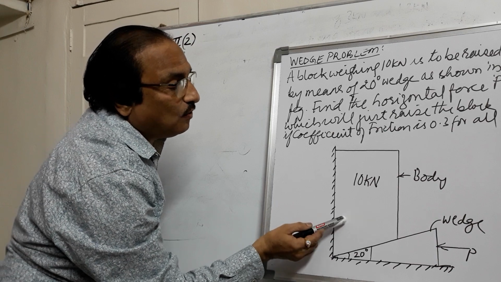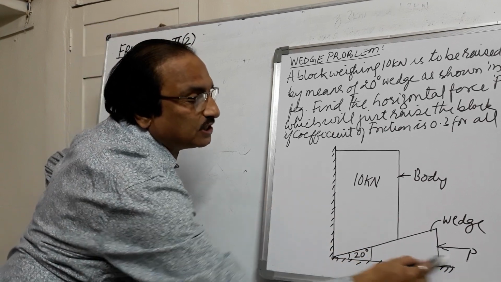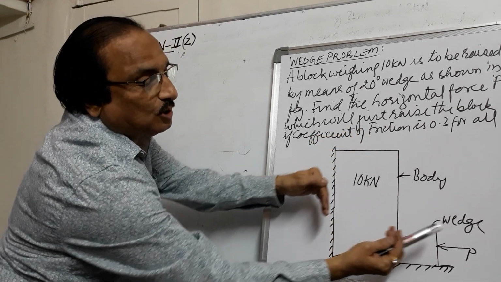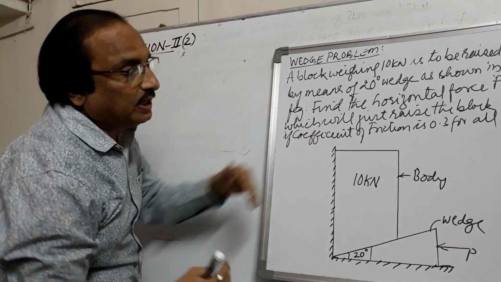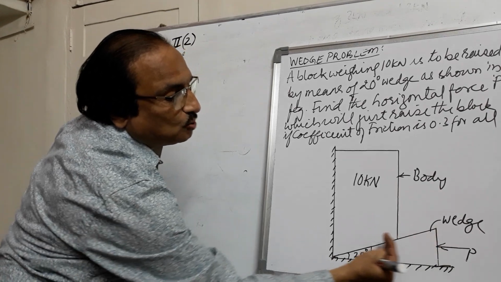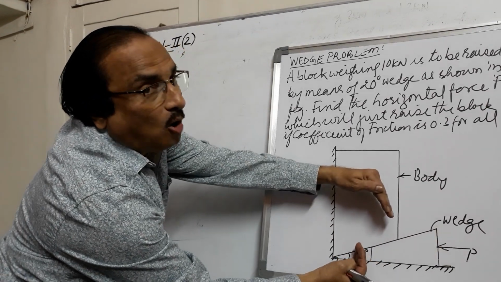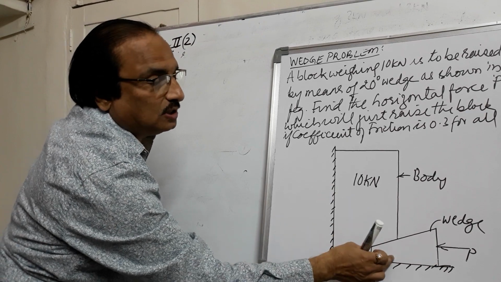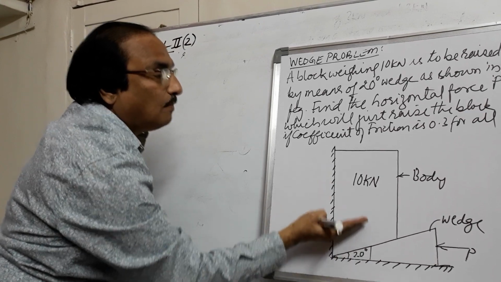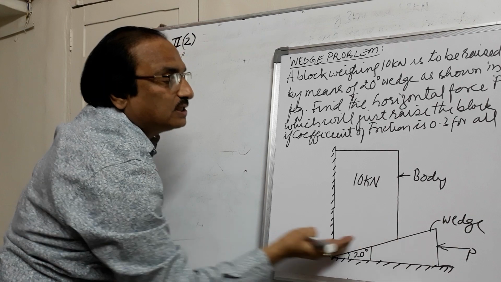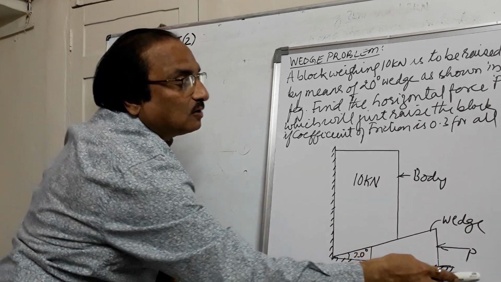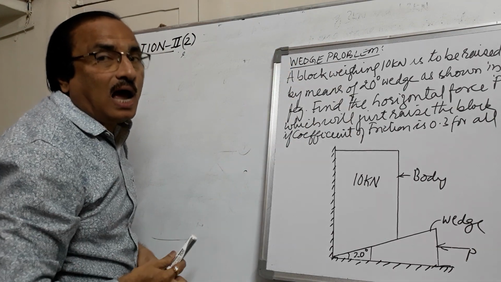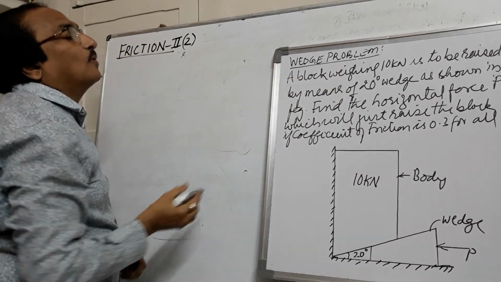Now see here, if I want to lift this body, if I push this inside, the body gets lifted up because it is moving on the surface. Now here if you see, the wedge is moving towards left and the body is moving on it. This is the motion with respect to this, and if you see the wall, the body is moving up if I push this inside. So in such a problem you are required to find out what is the force to be applied so that the body can be lifted up the plane. So let us see the problem.